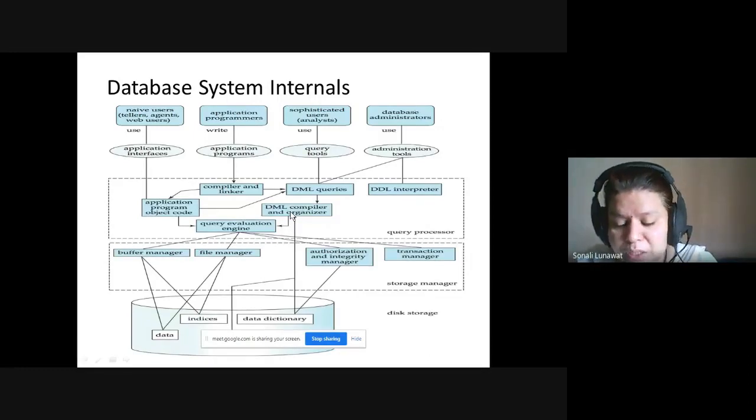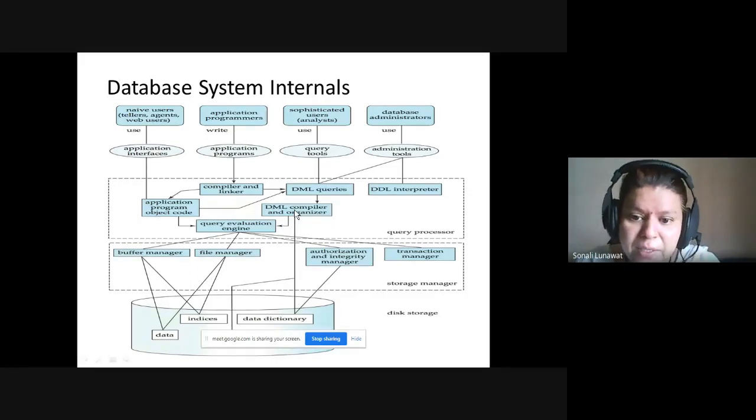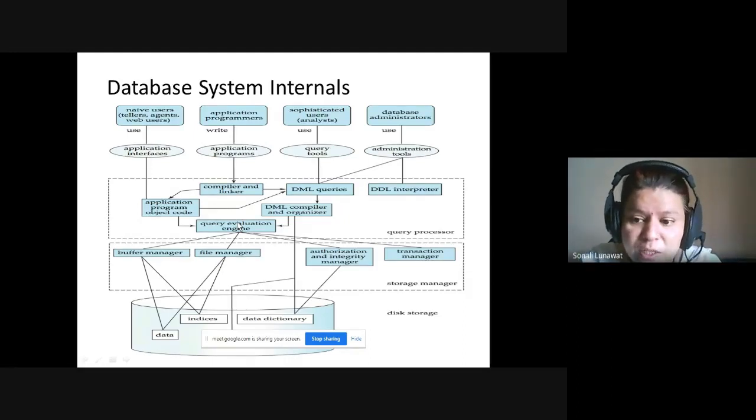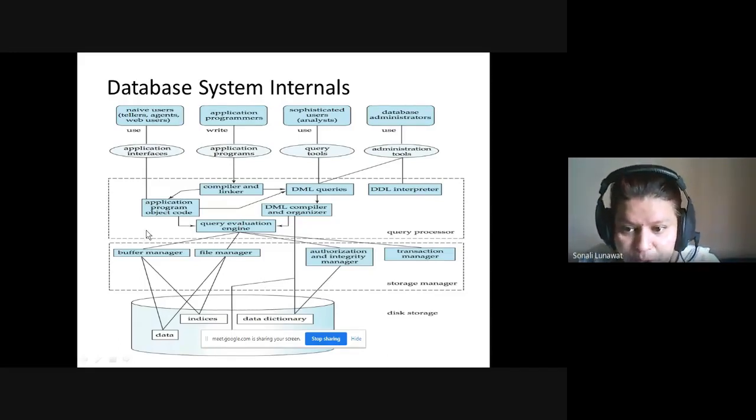What the query processor does is, there is an optimizer present, which is part of the query evaluation engine. It converts your DML query into an optimized format, so that you get the output in less time. Hence there is a query evaluation engine which selects the best optimized plan, and then your program is executed, and the storage manager helps take the data from the disk. So after the query processor, you will find the storage manager.